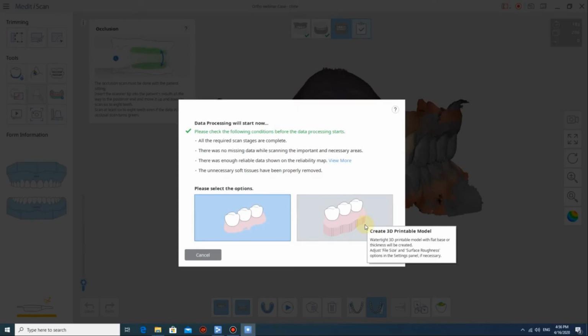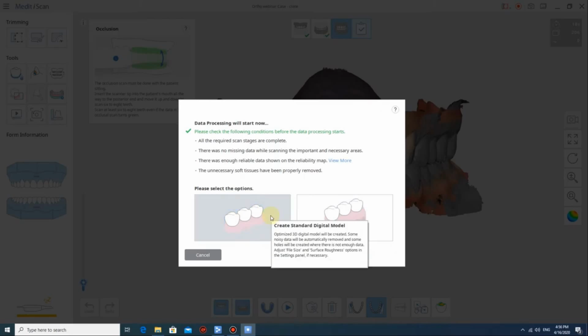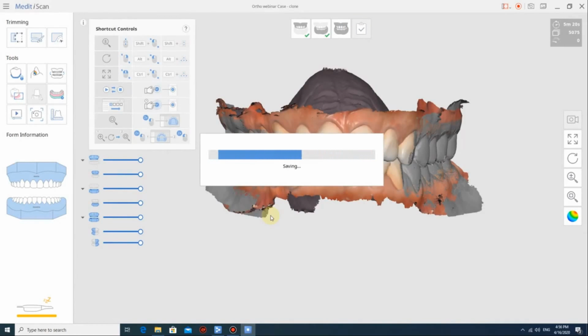But be careful, please never ever select the second option and send it to the lab in order to create aligners, because it creates issues, because usually this base, the 3D printable model and the bases are positioned from the OrthoCAD, so you don't need to do that. Basically you will create frustration to your lab if you do that, okay. So just press the first option to create standard data, okay, and send them the case through Medit link, so you have nothing else to do. So I will click now create standard digital data, okay,